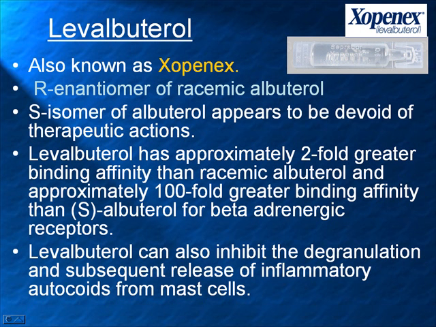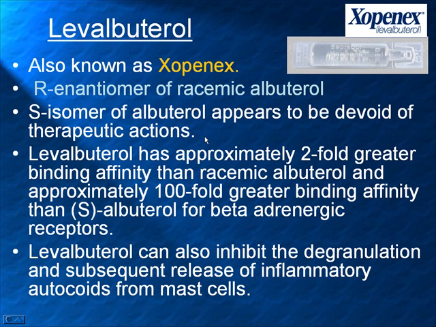But if you look at racemic albuterol chemically, you'll see that there are two basic isomers, an R and an S isomer. And it's the R isomer that is primarily responsible for the bronchodilation, and the S isomer appears to be devoid of any therapeutic actions. So what this company has done is been able to isolate the R isomer from racemic